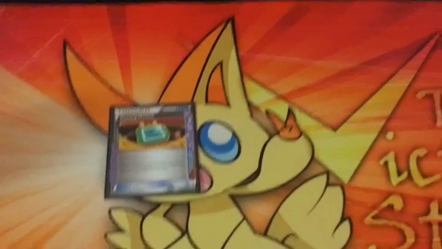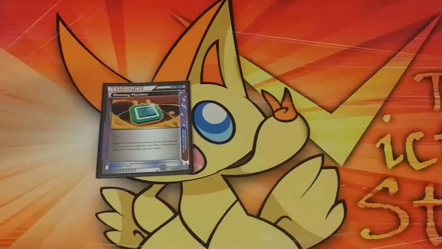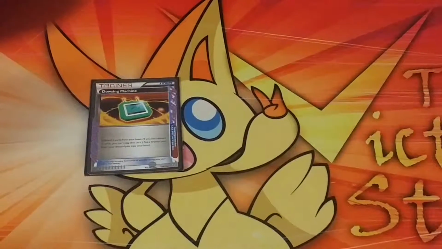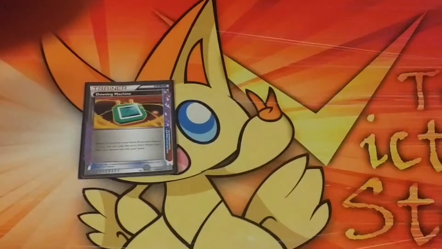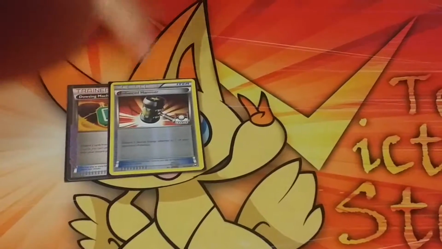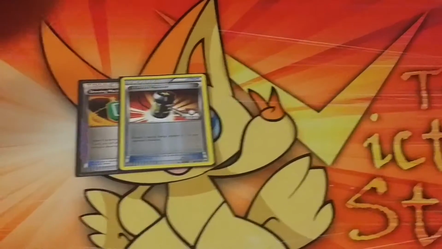So that's why I'm not testing with it. But I may, because I do play a supporter in here that you guys will see in a minute, that may lead me to play Computer Search. I play 1 E-Hammer. It slows down the game immensely when you're playing a special energy reliant deck, such as